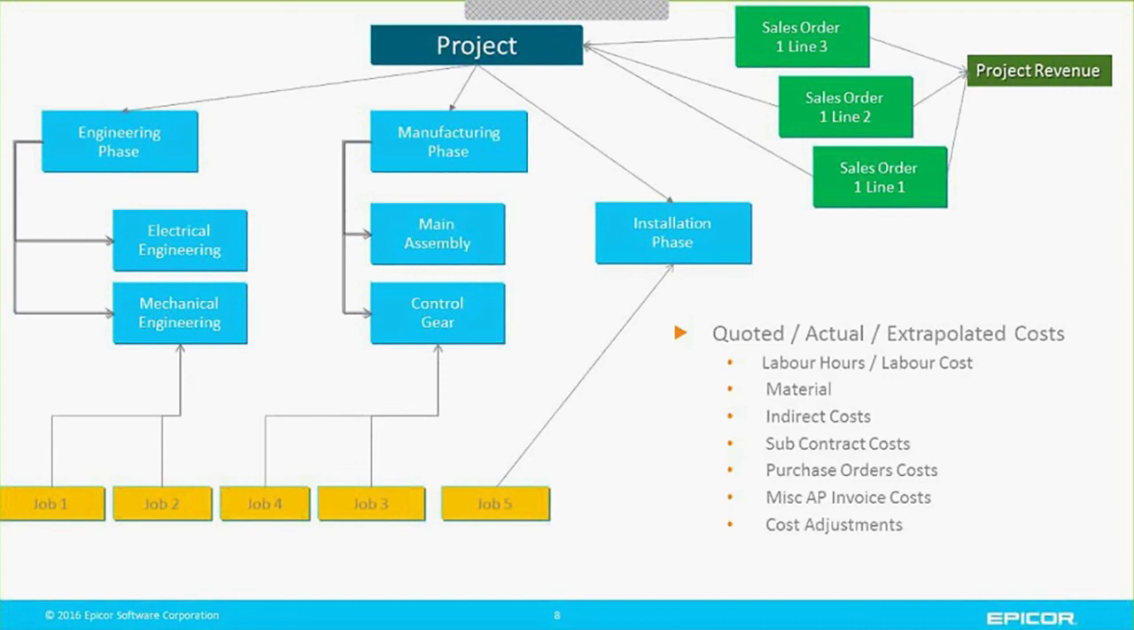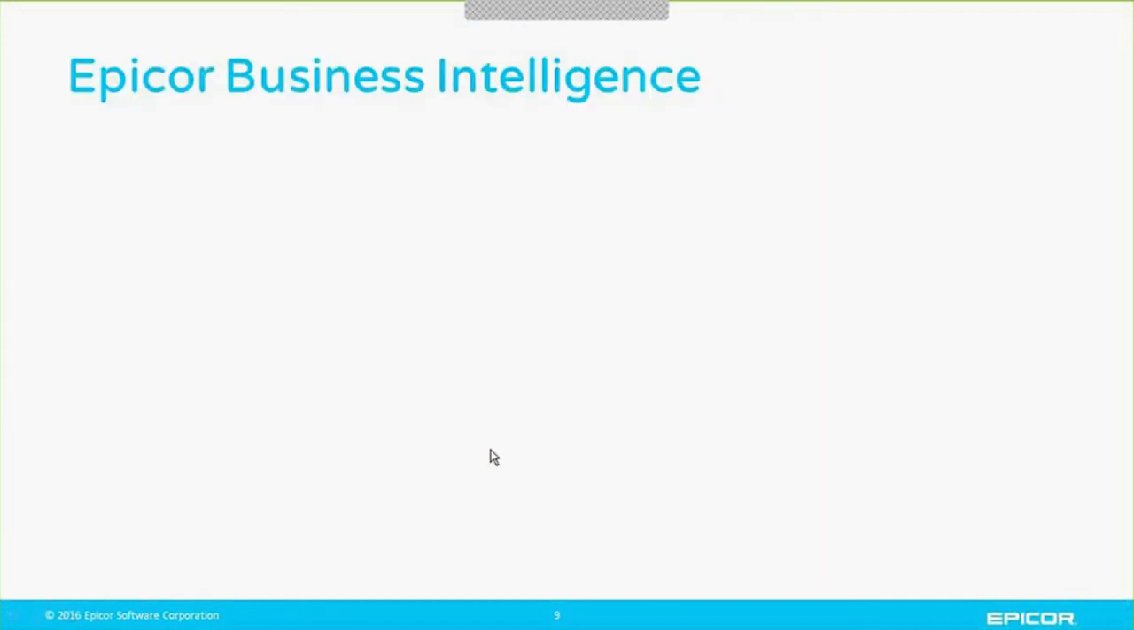You can have different views. And this can cover labour hours and costs, materials, indirect costs, subcontract costs, purchase order costs that aren't related to materials, miscellaneous costs, and adjustments. Now, feeding in all this information to the business intelligence environment allows you to look for extensive KPIs, reports and graphs,